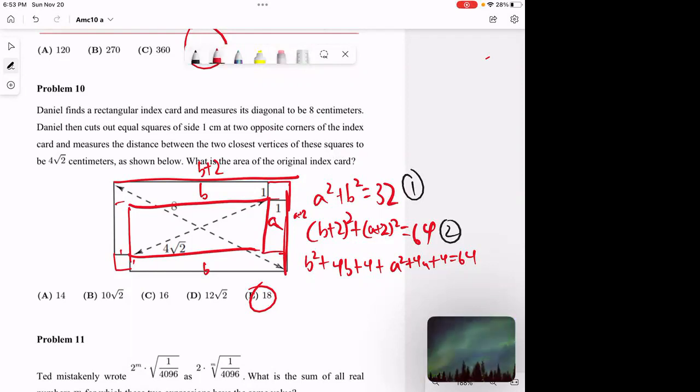Subtract equation 1 from equation 2 to give us 4a plus 4b plus 8 plus 32. Sorry, not subtract, substitute. Plus 32 equals 64. So that gives us